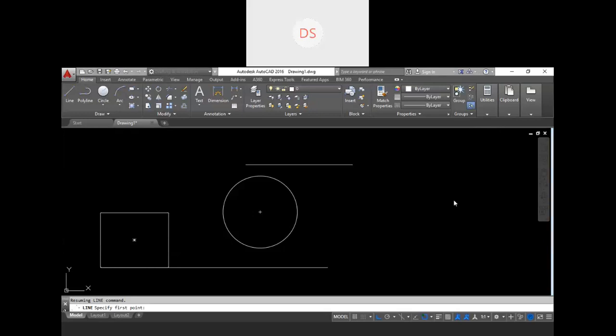Yes, because in the assignment we have provided, we have tiny objects over there, so you need to zoom in. You don't need to scale it, or you don't need to do anything else. Just create your objects with exactly that dimension. Okay, and do not provide those dimensions over there, just create that drawing.